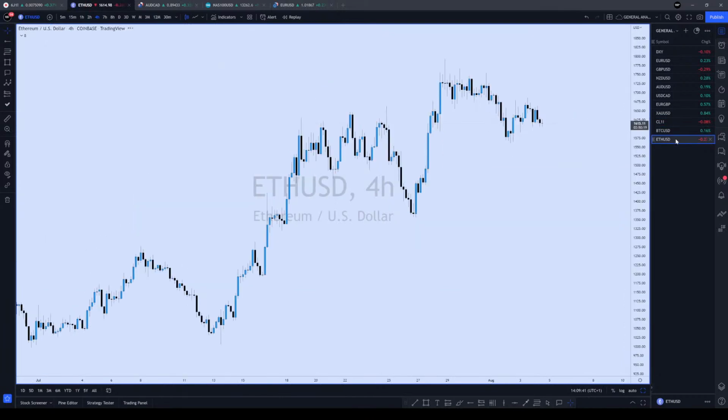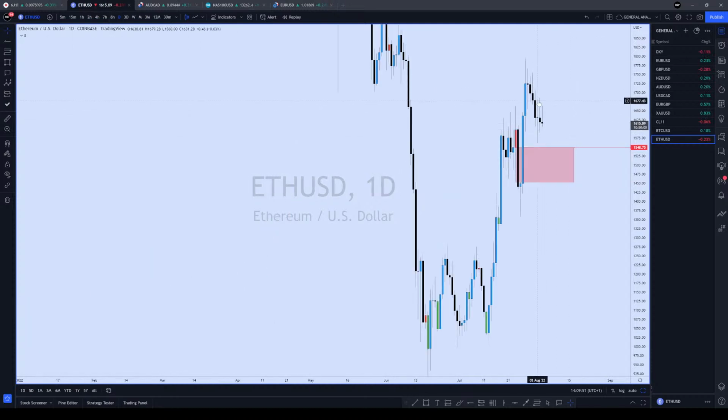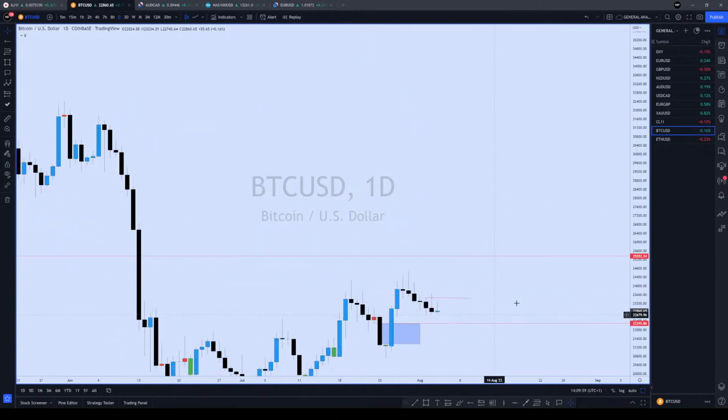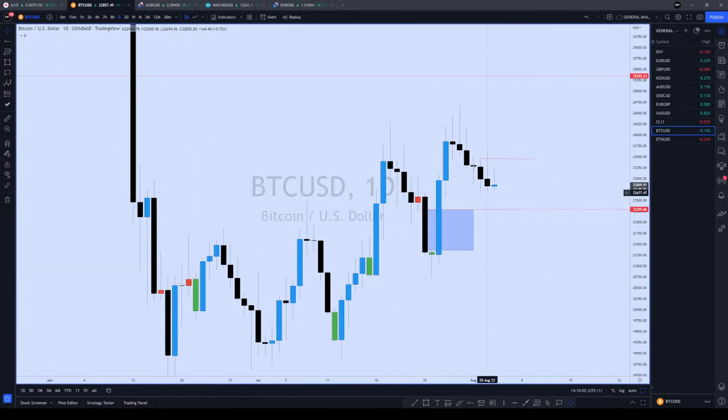Bitcoin and Ethereum, I think they're gonna continue going lower. It failed to form a swing low, so failing to form a swing low means that it's a run on that previous day's high. That's a run on the previous day's high. So price is gonna continue going lower, okay? So I think you can sell if you want to target this 22290 level.